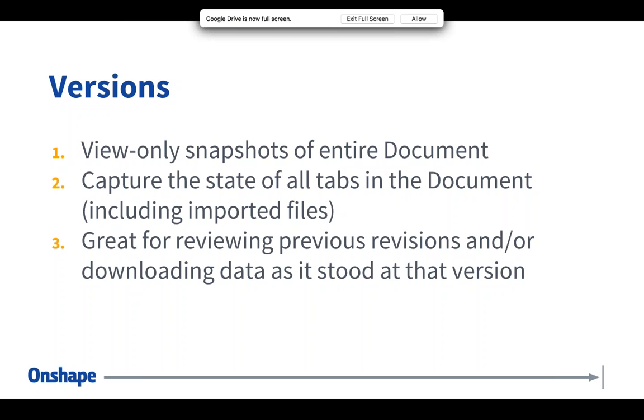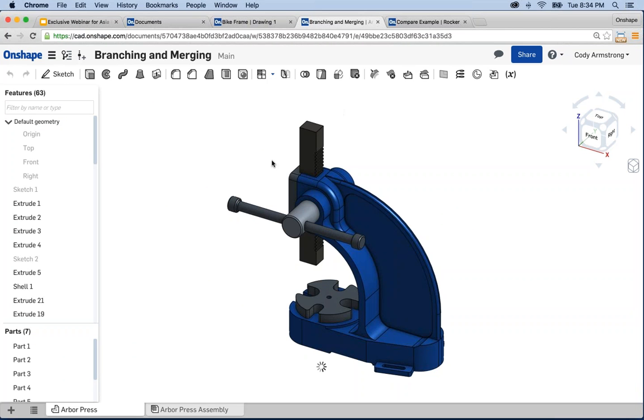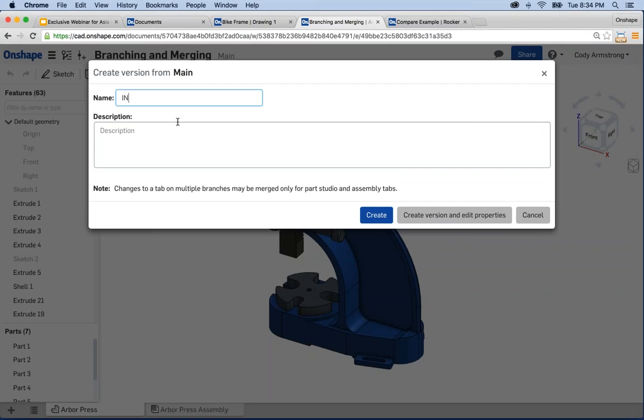It's a view-only snapshot. It captures the state of everything in the document, and it's a great way to go back and look at previous versions and even download the data at that state. Now, let's get into an example of it. Now, it's very easy to do. In fact, this is one of the easiest things that you can do in Onshape. There's a button right here. It says Create Version. Right? So I can click Create Version,